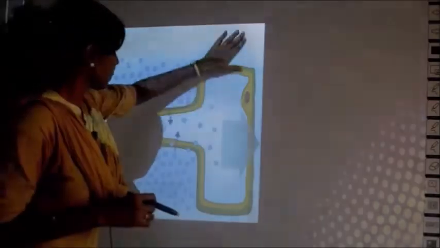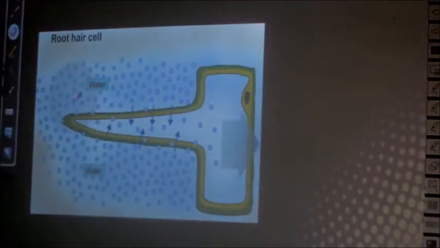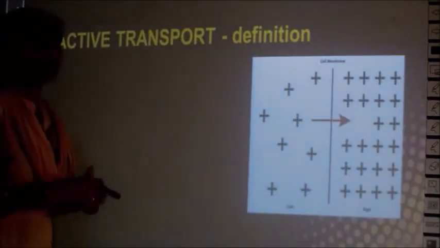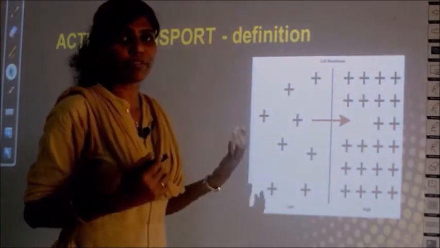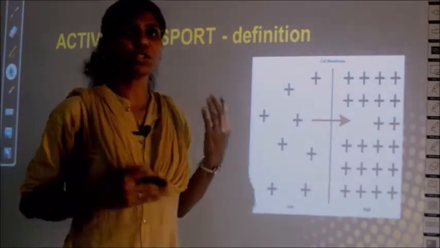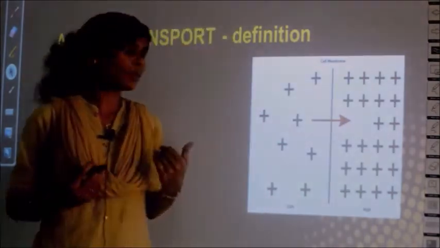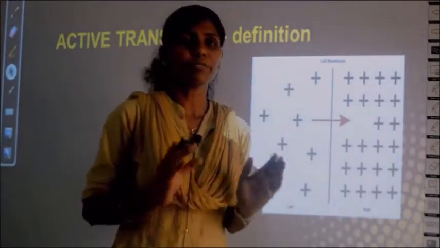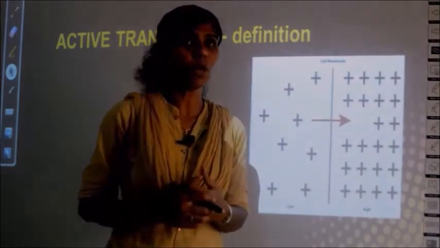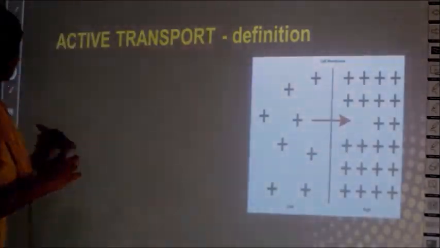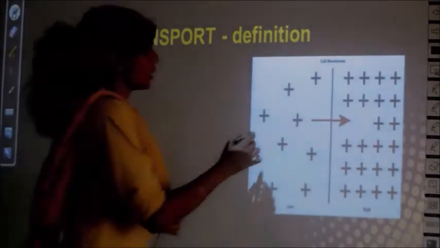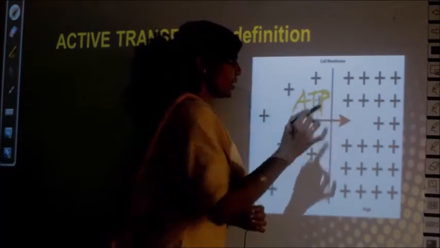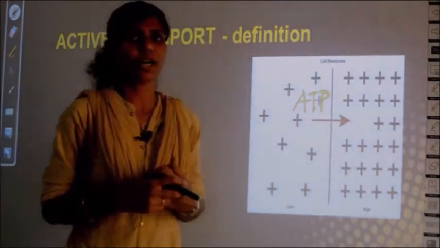So the last process is active transport, right? So we will learn about active transport. In active transport, I told you the rule as the movement from lower concentration to higher concentration, the movement from low concentration to high concentration. So this is a different concept. There is a special rule. In this alone, you need the involvement of ATP. What is this ATP? ATP is a chemical. It is called adenosine